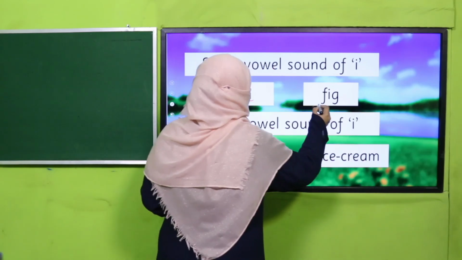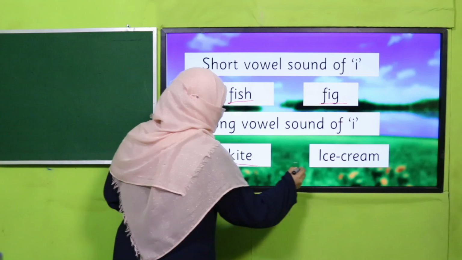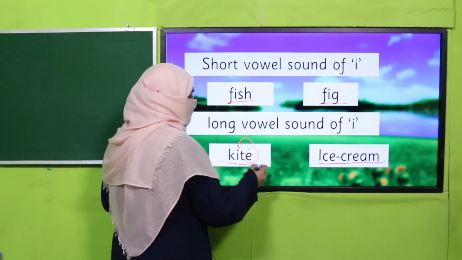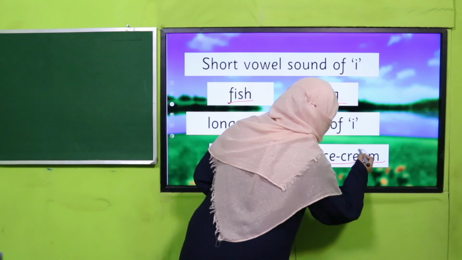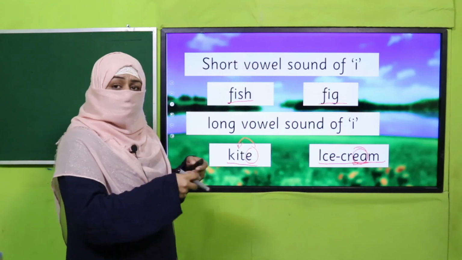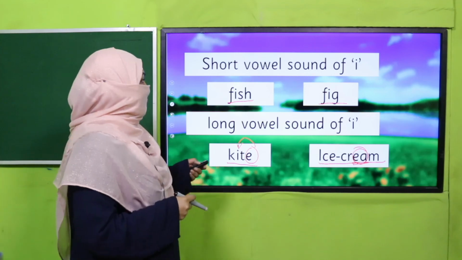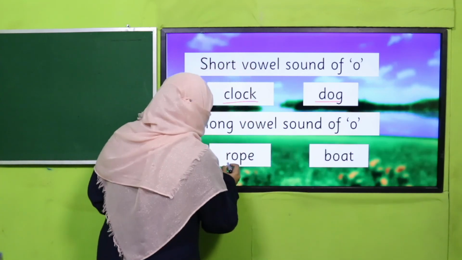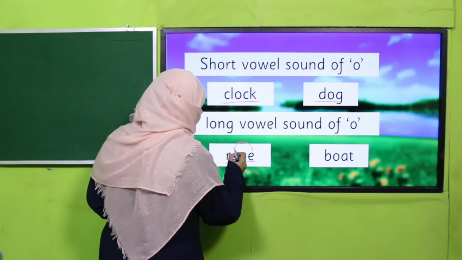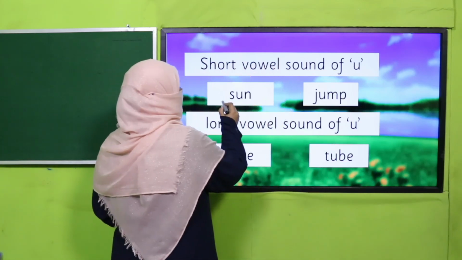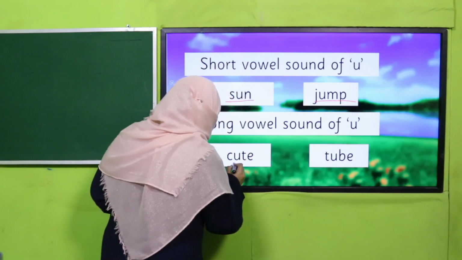fish, fig, kite, ice cream. Here bossy E rules apply. Here cream, two vowels coming together rules apply. Okay, now you will have to find it quickly. Next is clock, dog, rope. Okay, again, boat, you know the rule. Sun, jump, cute,